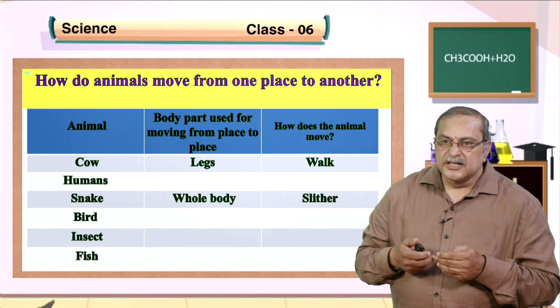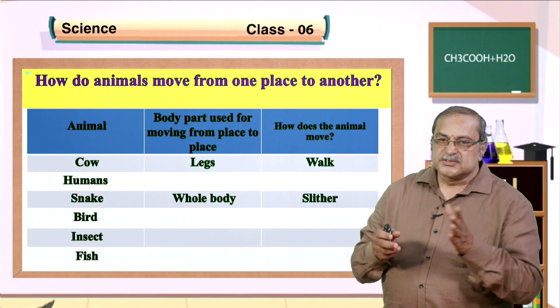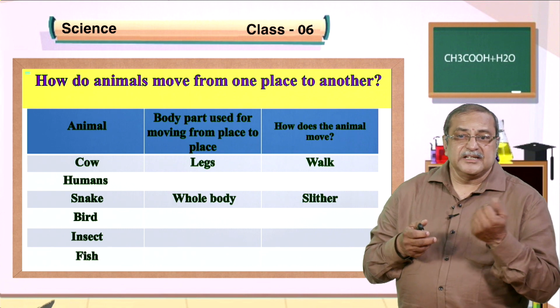So when you come to the insects, have you seen the butterfly? Butterfly is very beautiful, no? Butterfly, housefly, mosquitoes, etc. They have wings as the birds have. So with the help of the wings, they will fly from one place to another. They will move by means of flying. I think you might have enjoyed catching insects like the butterfly, no? You might have run behind it. So fast it will move. The movement is flying.